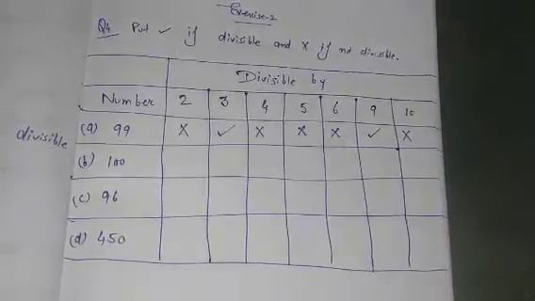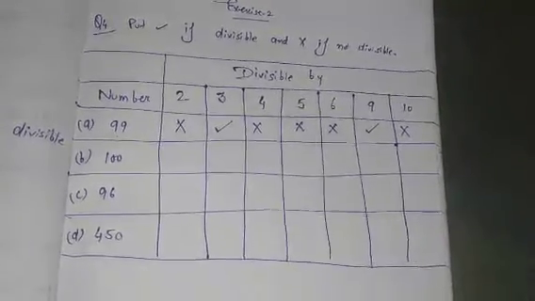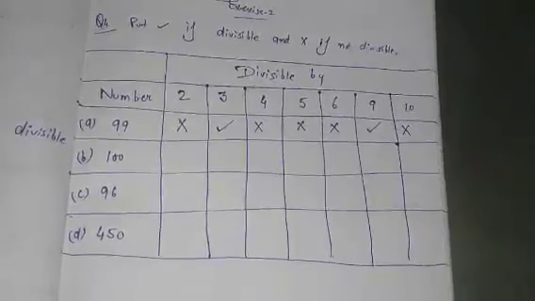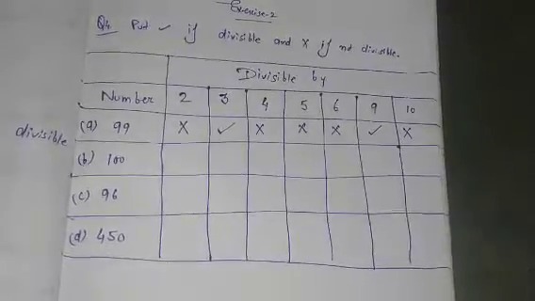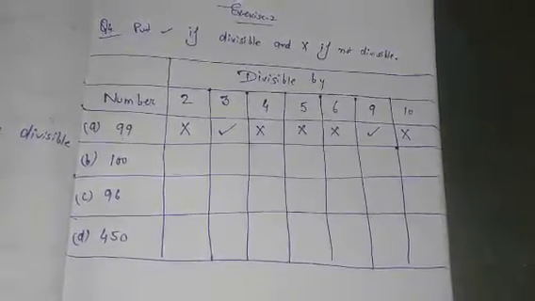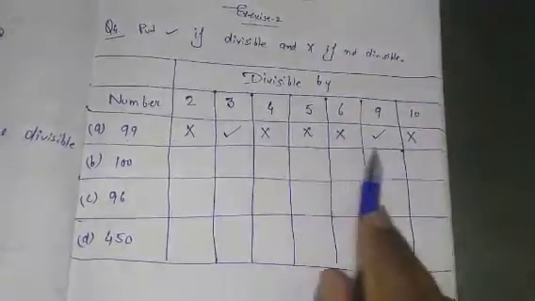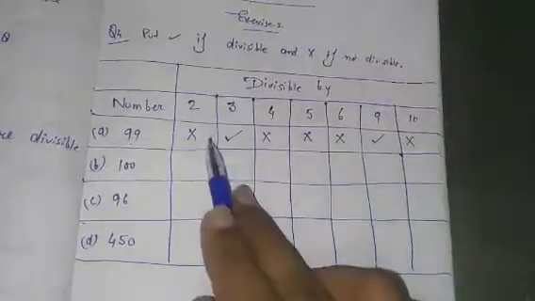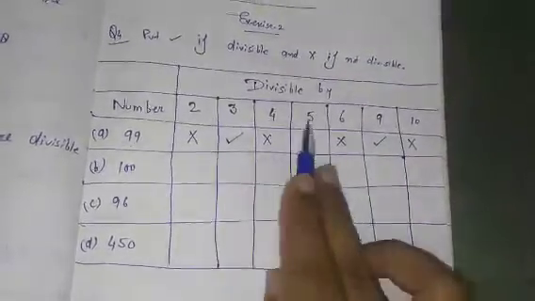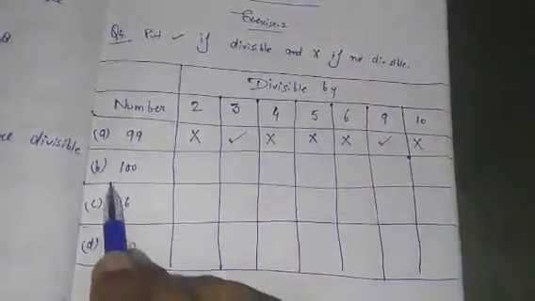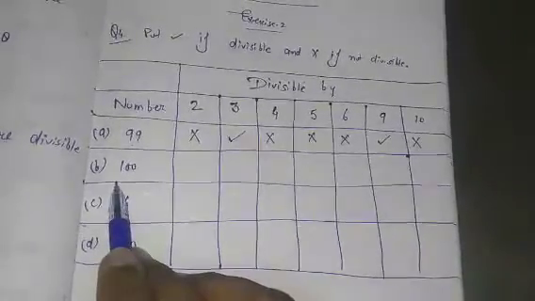Okay, yesterday I gave you homework regarding the divisibility rules of divisibility. I think now each and everyone has properly learned it. On the basis of those rules, those methods, you will easily find out which number will be divisible by this number. Okay, so now next number has been given 100.